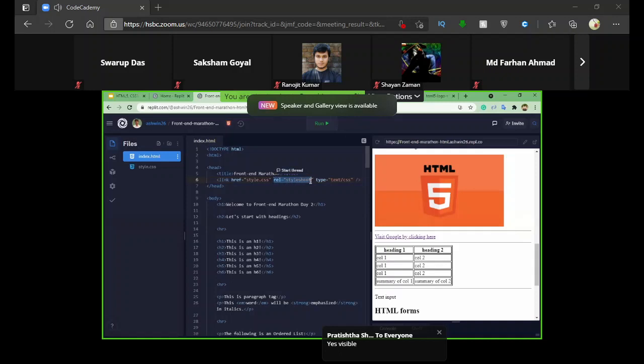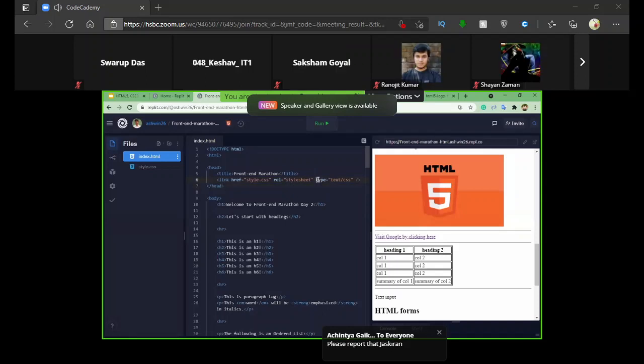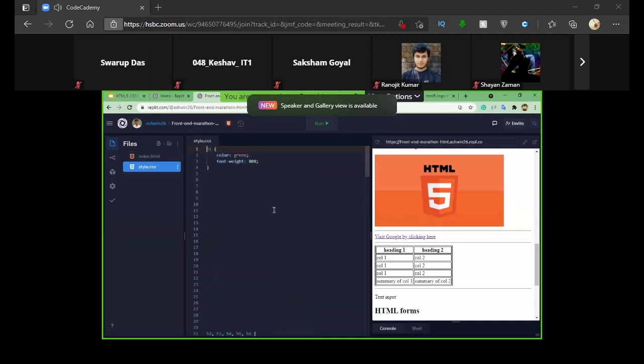What is the relation of this one CSS file? It is a style sheet, as CSS stands for cascading style sheet. And the type of the file will be text/css. So that's what we are providing over here. When we use this, we can add our stylings to our style.css file over here.